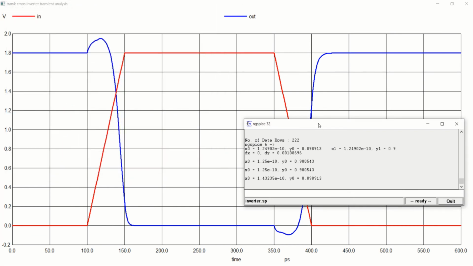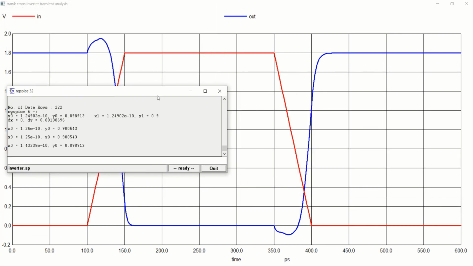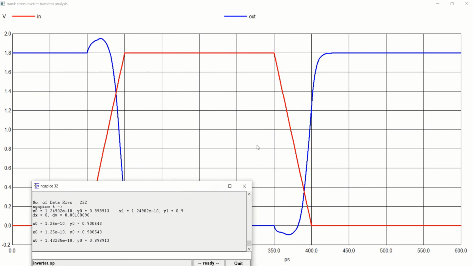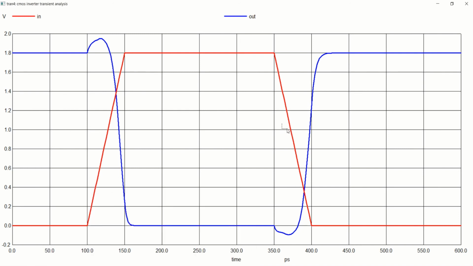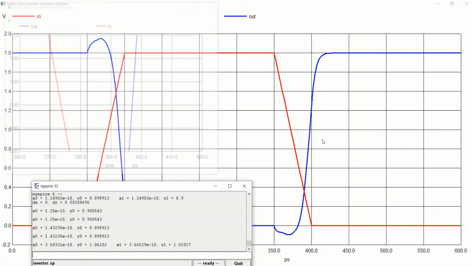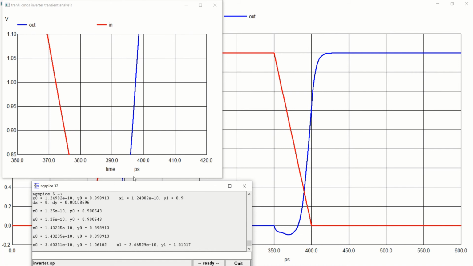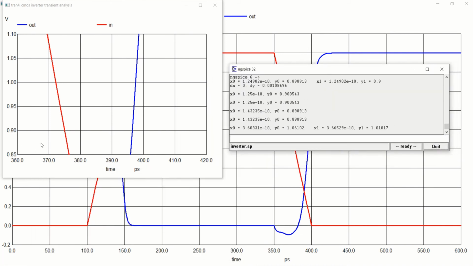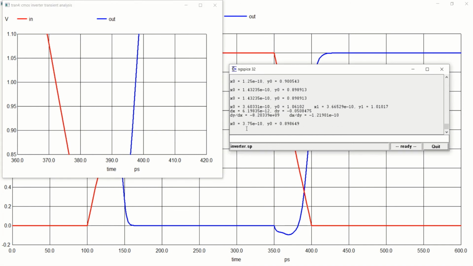Similarly, you can find the rising delay by the same process at 0.9 volts, that is half, the 50% duty cycle. Use the right click and draw a box around that value. It opens one more window. What you have to do is just click on this. It will give you one X value. Similarly, you click on the blue trace. It also gives the value. So you can note the difference.